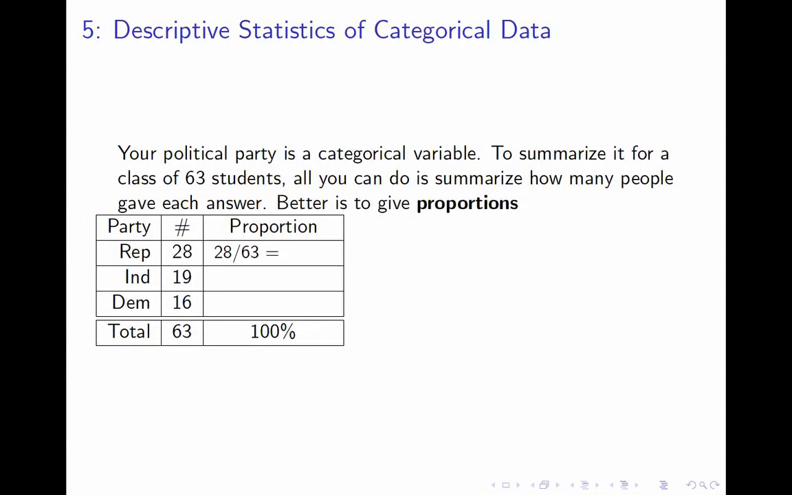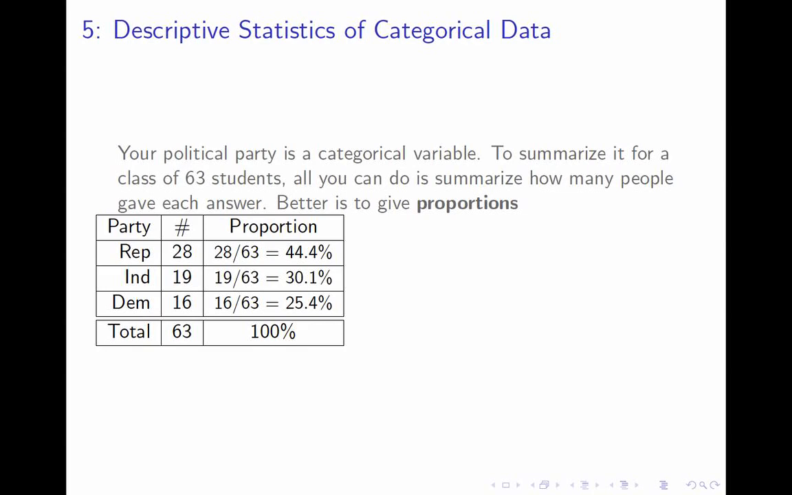Well, that's pretty easy. The proportion of Republicans is the number of Republicans, which is 28, divided by the total, which is 63, or in other words, 44.4% of the 63 students in this sample were Republican. By the same token, 30.1% were Independent, and 25.4%, which is 16 out of 63, were Democrats. Okay? That's pretty much all there is to say about one categorical variable,